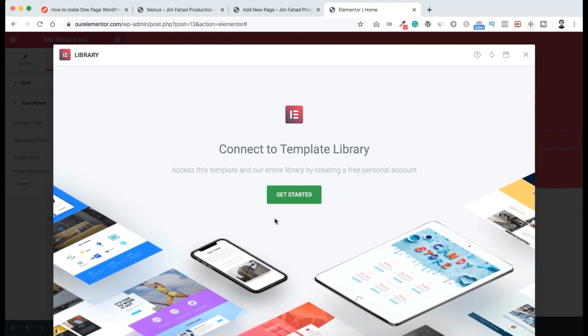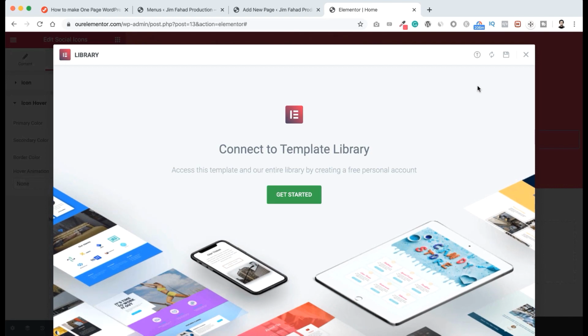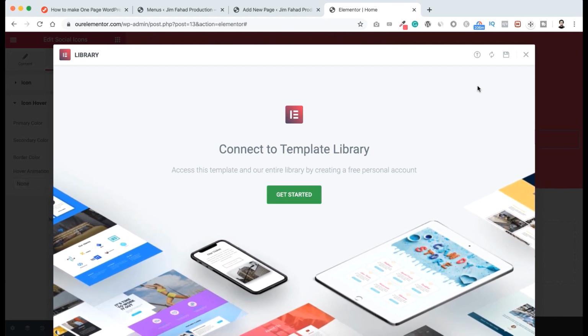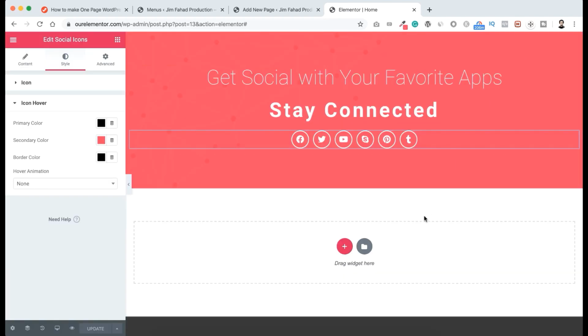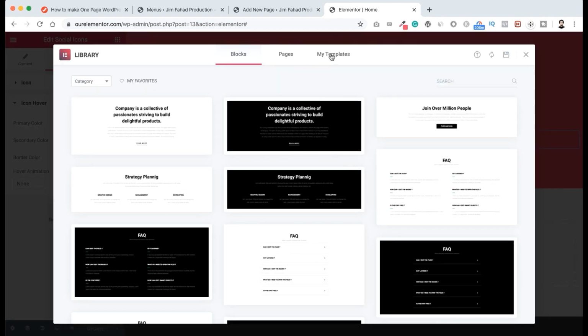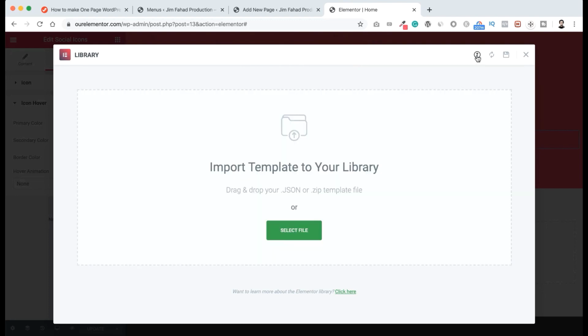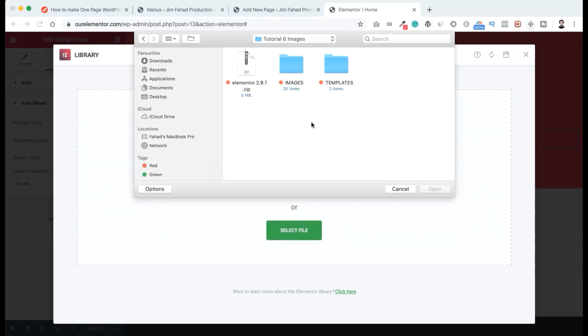But now I want to show you how you can use the sections that I already have created for you. So for now, let's close this. Now click on this folder icon again. This time click on my templates here, and then click here on this up icon to import template. Let's click here. From there, click here on select file, this button, and then from inside the folder that I